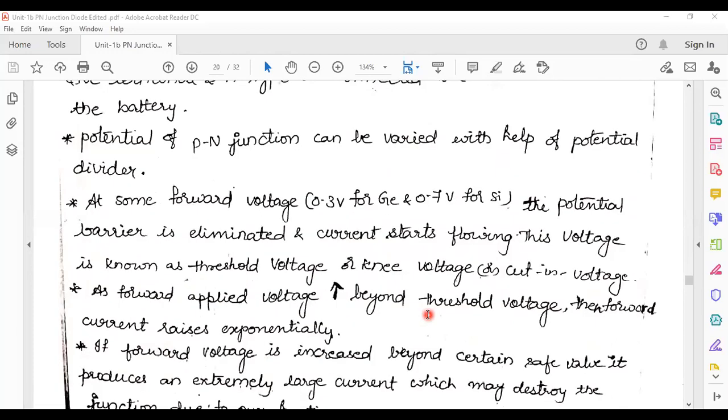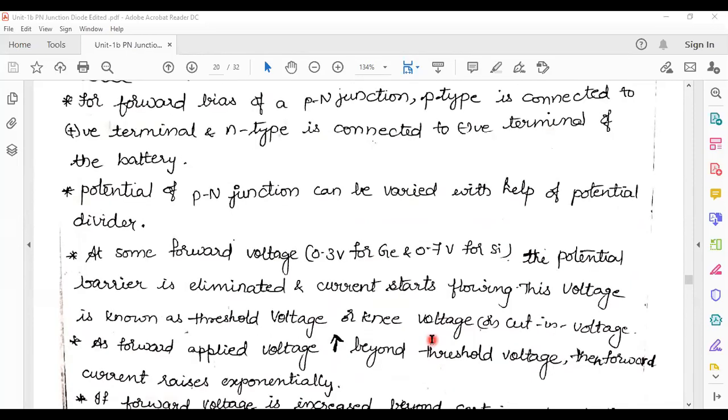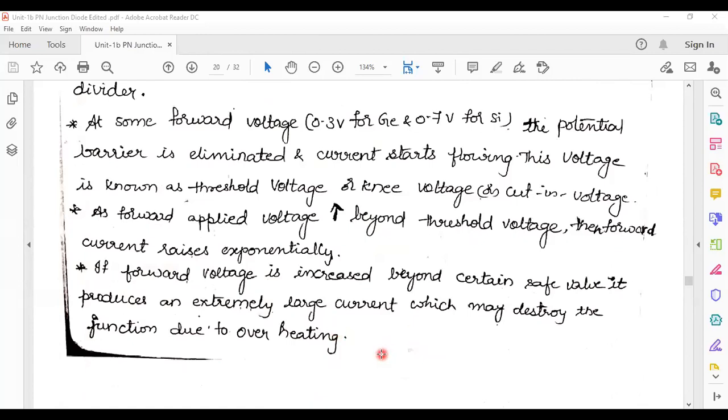Now for voltage range, for example, I need to apply up to 20 volts. Up to 20 volts I need to apply for the diode. Beyond that 20 volts, it will withstand up to 4 more volts, like 24 volts. Beyond that 24 volts, if I apply more voltage to that PN junction diode, then heating of the PN junction diode may take place, and it will come into the destruction state. That may happen here by increasing the forward voltage too much. This is beyond the safe voltage. Beyond that safe voltage range, we are not supposed to operate that diode.